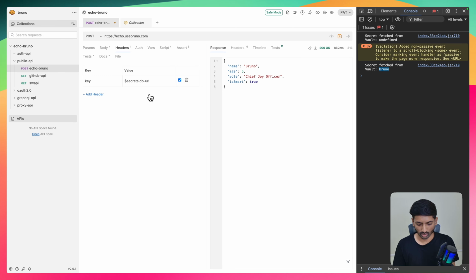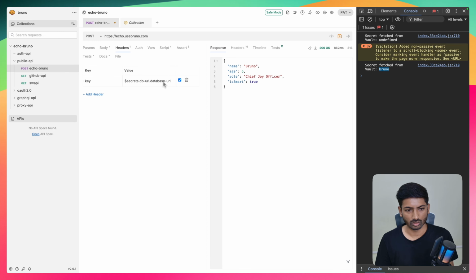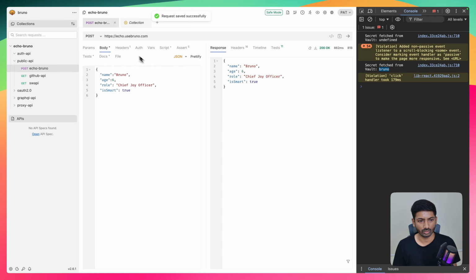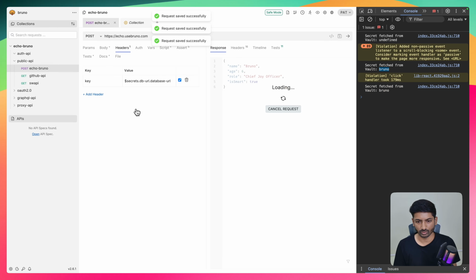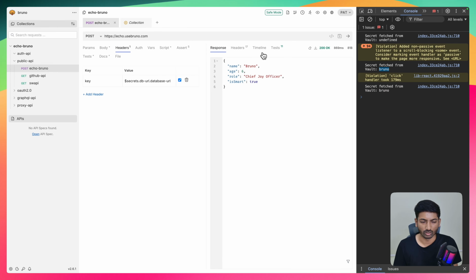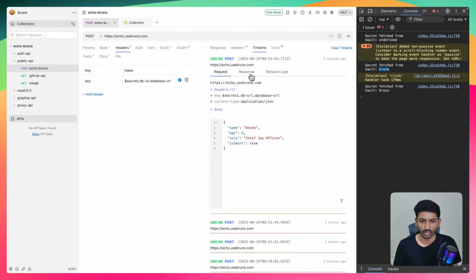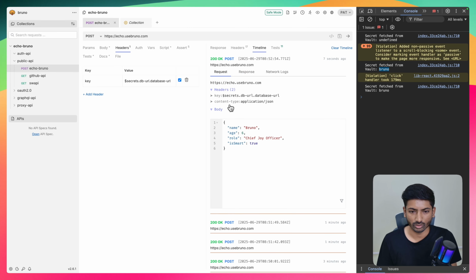This is a DB URL, and this is a database URL. Just check once, and everything looks good. If I go to header and execute this, it's going to fail. Okay, it's executed successfully, but if I go to timeline and check the header values here,